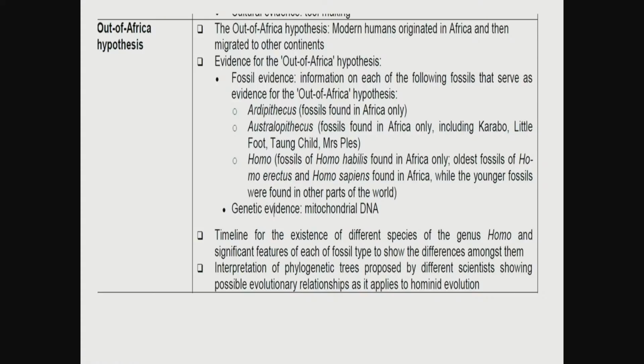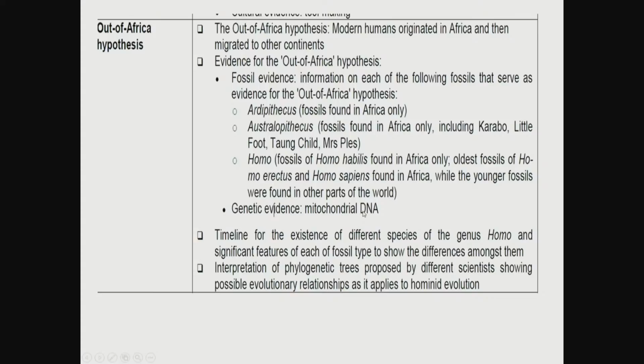So that is the contribution of Homos to the out of Africa hypothesis. This one is the contribution of Australopithecus to out of Africa, and this one is Ardipithecus that is found in Africa. So, evidence of the out of Africa hypothesis is fossil evidence, and the genetic evidence is mitochondrial DNA,